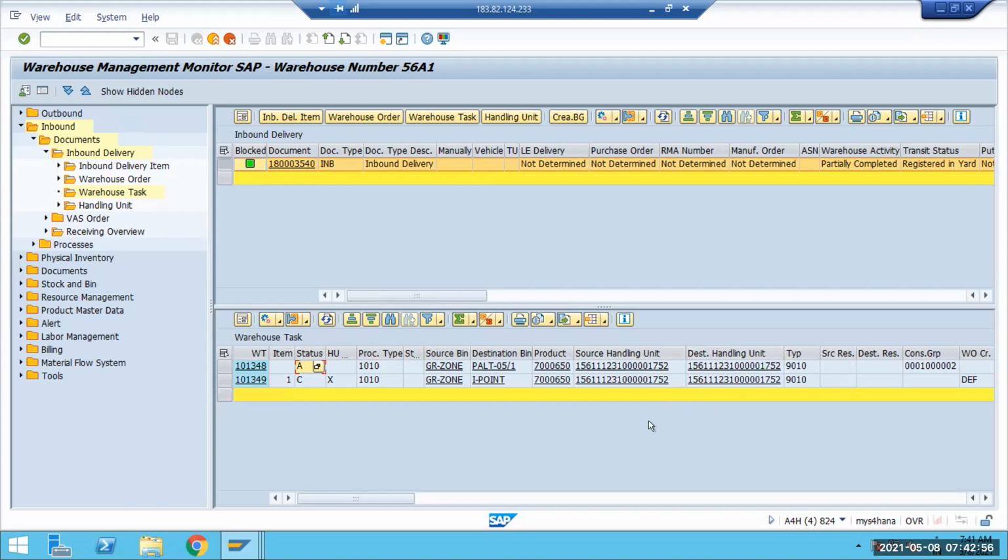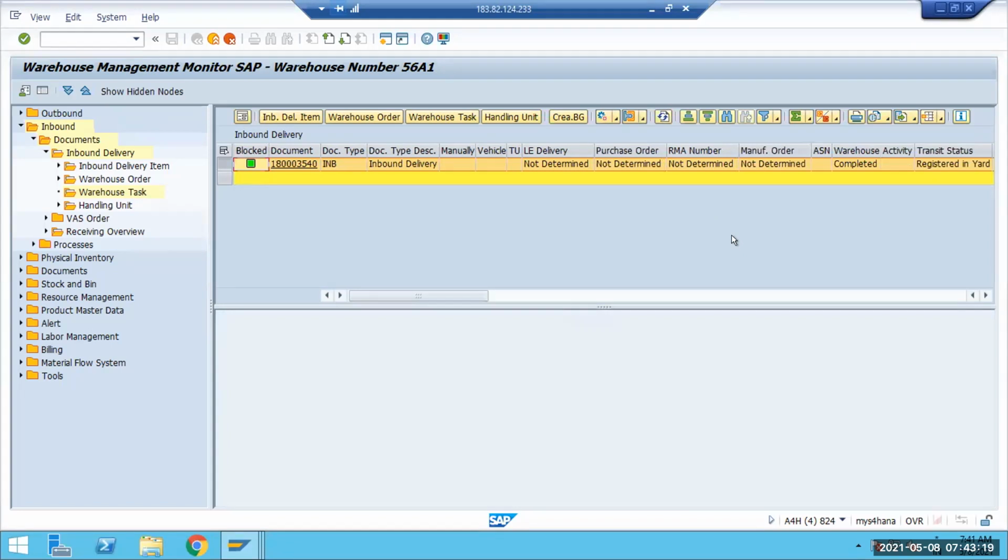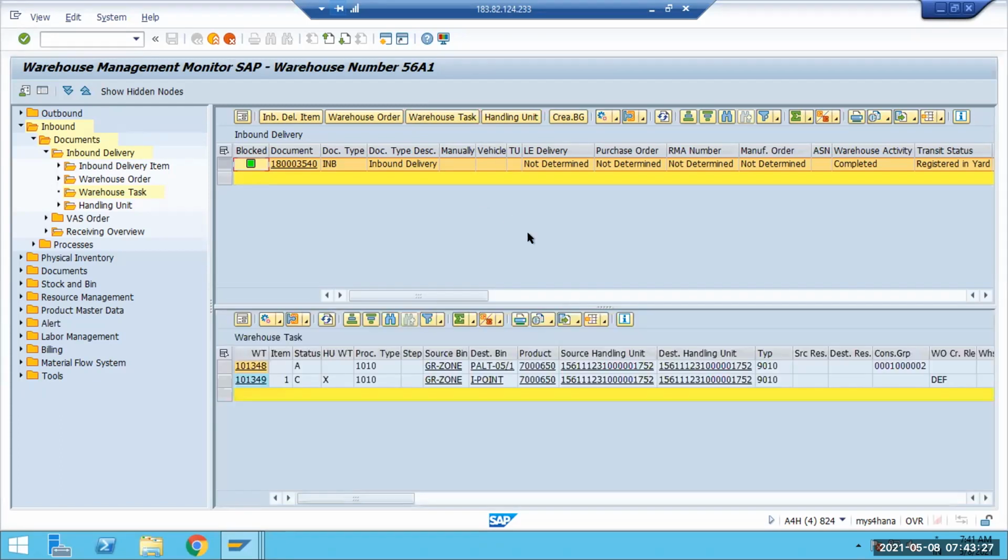Kamal, can you please show me the delivery status? Is the put-away completed or not completed? Actually, warehouse activity is completed. If you open that handling unit, the stock reference won't be there because it's already completed now. You can see at the top that warehouse activity is partially completed, and put away is not completed. I have just refreshed, and now warehouse activity is completed. If you scroll down, I think put away will also be completed.